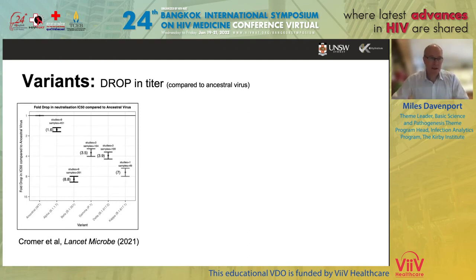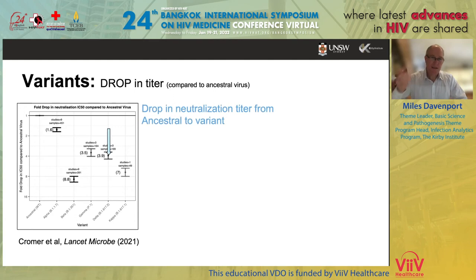So, for example, this is a study we published last year where we tried to look at the average drop in neutralization titer to a given variant compared to the ancestral virus. We found there was quite a difference across different laboratories and assays, so we used the average of the available assays. In some cases, 9 different studies were averaged, in some cases just 1. But you can see here, for example, that the alpha variant has a drop in titer of about 1.6-fold, the beta about 8.8-fold, the delta, I guess most relevant just before Christmas, about 4-fold.